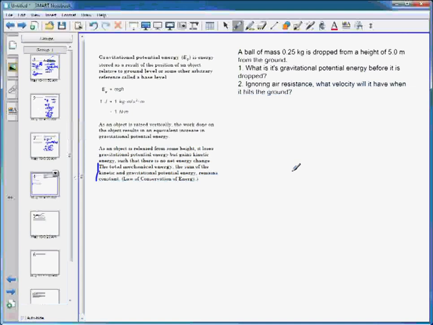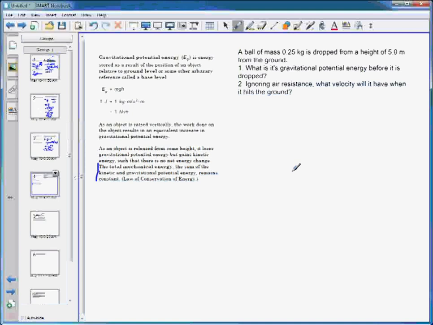Okay, and that can also be written as 9.8 newtons per kilogram. All right. Now,